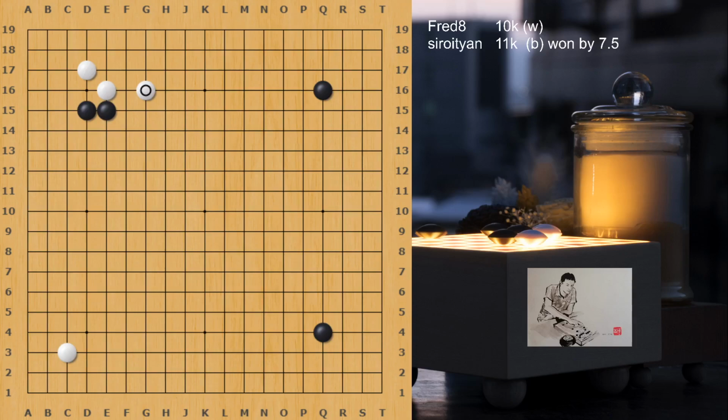The comment was about playing h17 here. Well, h17 is a good extension too, but again black can attach in the corner, then pull back and extend on the left side. This time black can extend further because his position is much stronger. And when playing h17, black can also press down here and then extend. So it's fine to play the one space jump in fact,